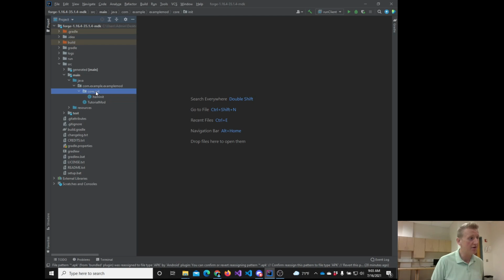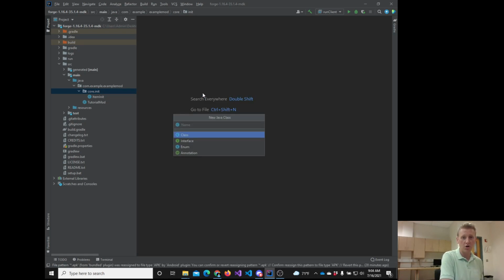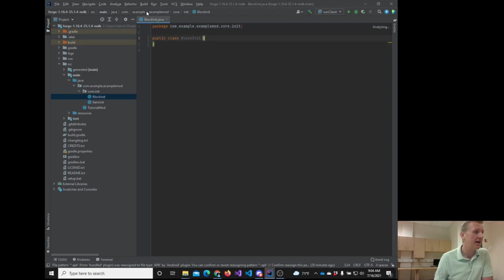And so we're going to make another. We're going to right click core.init, new Java class. So the first thing we're going to do this morning is make a new Java class inside of this folder. And this is going to be called capital B for block, capital I for the init. Block, capital B, init, capital I, hit enter, and it creates a blockinit.java. And in the block init,